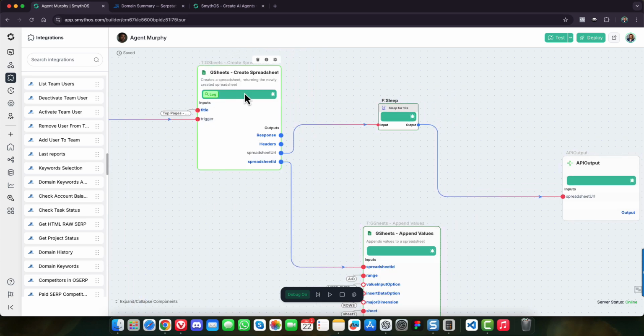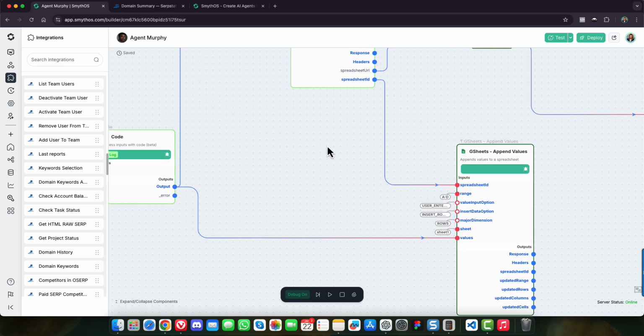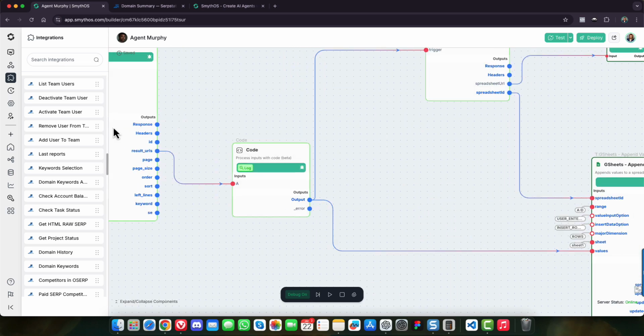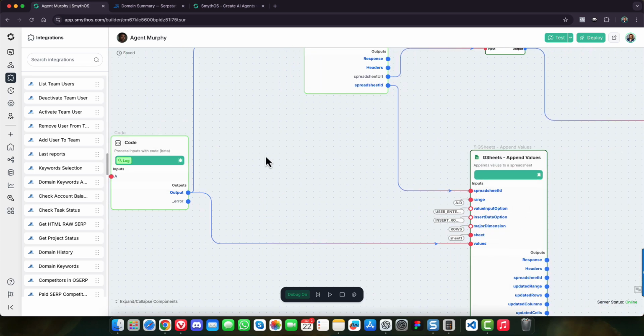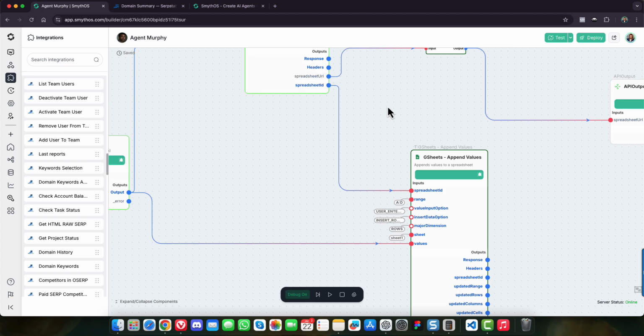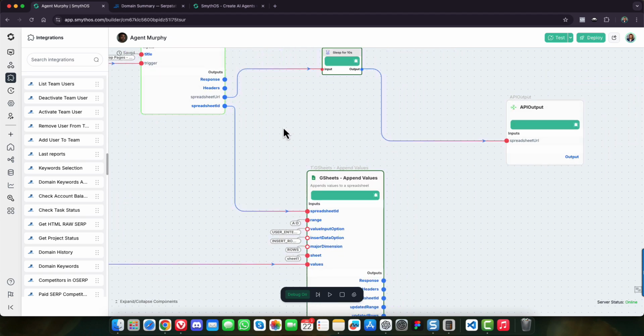We trigger this next component here, which then created the spreadsheet. At this point, this is still an empty spreadsheet. Now we need to put all the information we gathered from this API call into this spreadsheet that we just created. So I'm going to click next step.